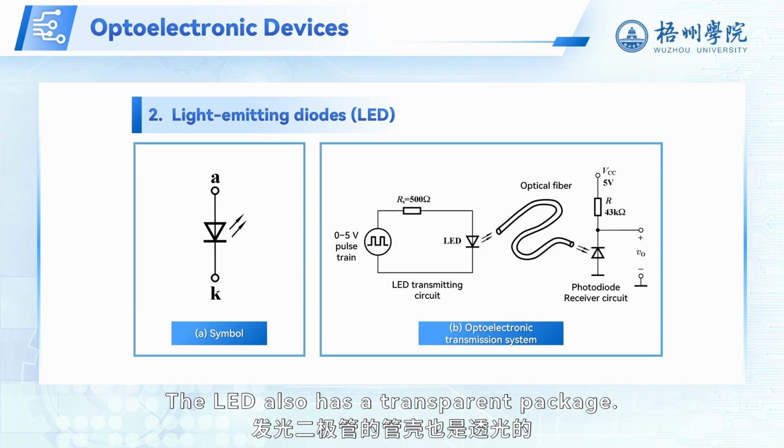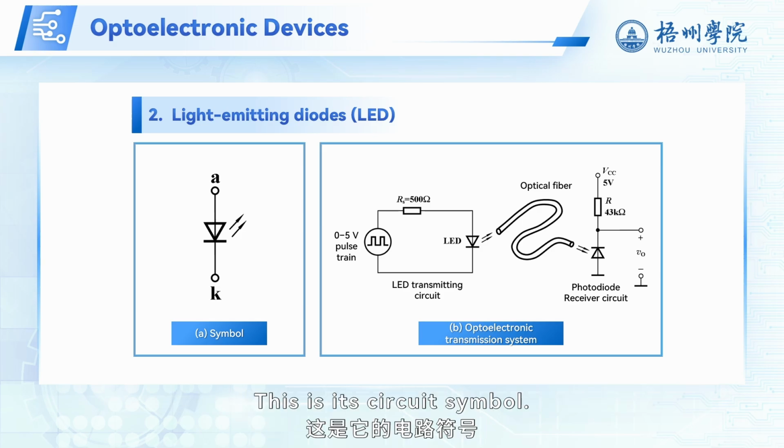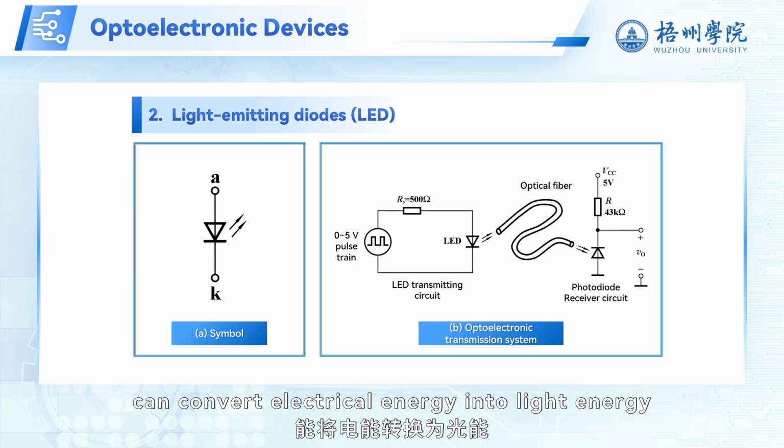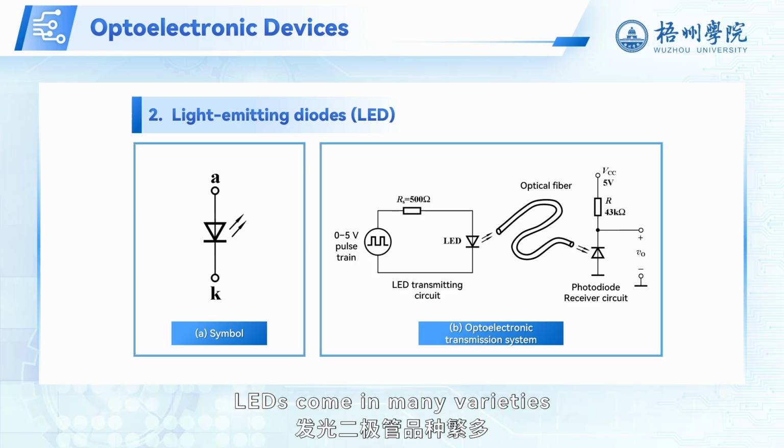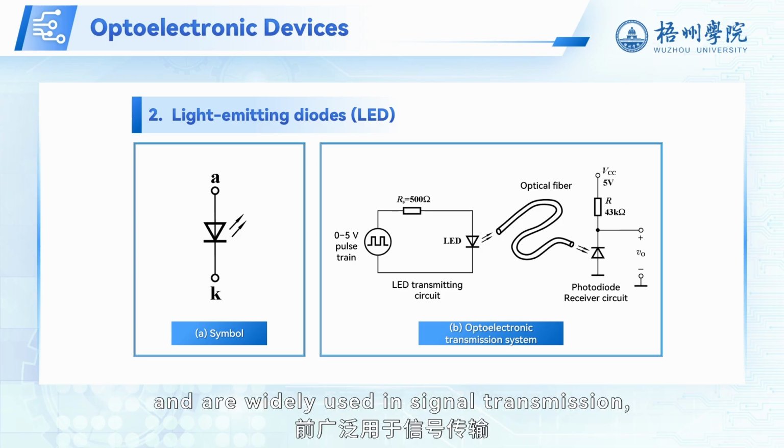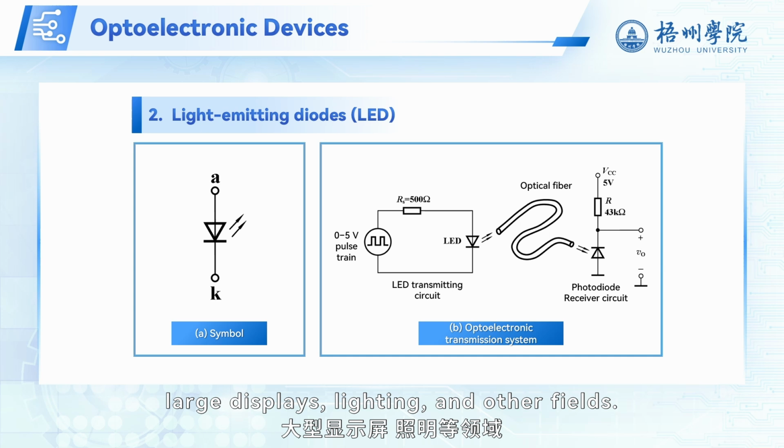The light-emitting diode also has a transparent package. This is its circuit symbol. When forward current flows, the material of the diode can convert electrical energy into light energy and emit it. Light-emitting diodes come in many varieties and are widely used in signal transmission, large displays, lighting, and other